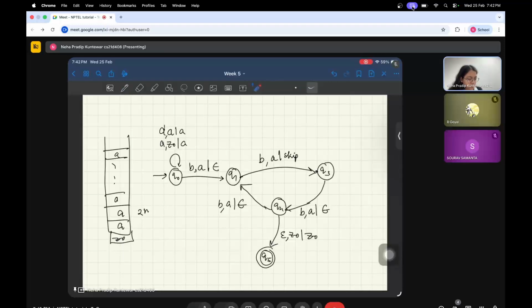So just to repeat, because we erased this so many times. Basically, what we're doing is initially the top of the stack is Z0. You see an A, then we are pushing an A, and now if the top of the stack is A and you see more A's, then we are pushing them. Then some B's could come up. So if there's a B that comes up, then what we're doing is that